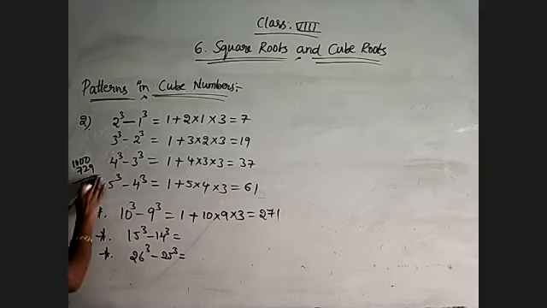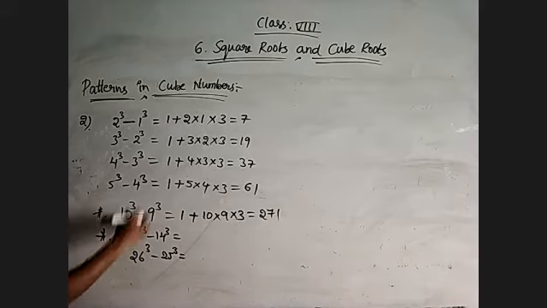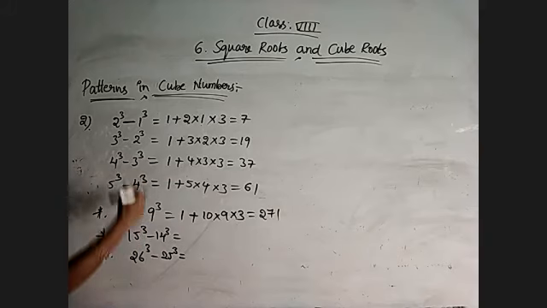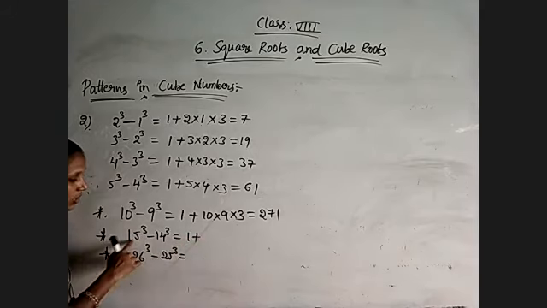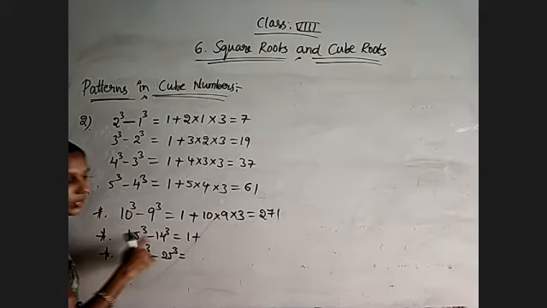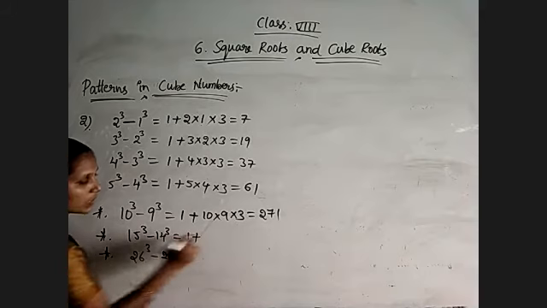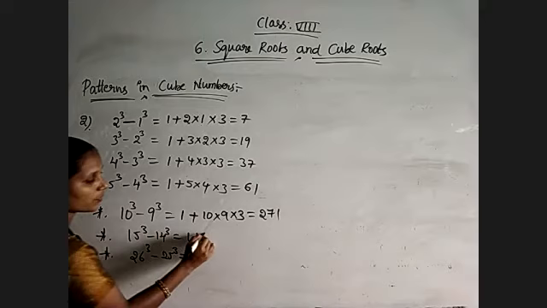Okay, same like that only, continue for this one also. If you know the values directly you can do it, but for bigger numbers it is impossible. For that sake only we have this simplified form, how we are using the pattern. So observe, the difference between two consecutive numbers is 1 plus those two numbers into 3. Now find out this product, add 1 to it, you will get its answer.